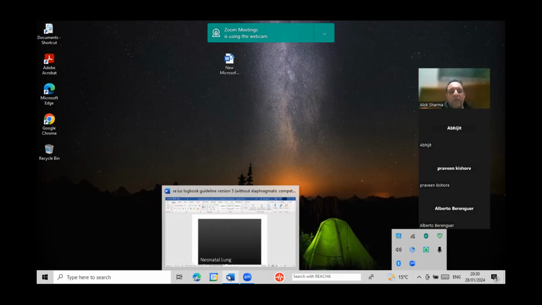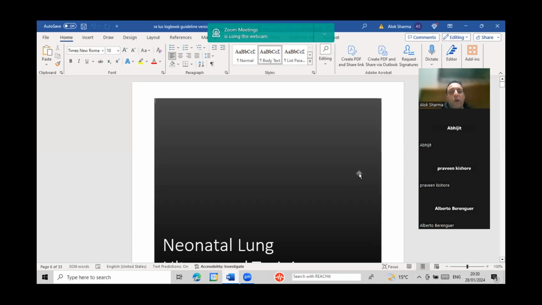But just while I'm on that, can you see the logbook? Can everybody see the logbook? Yes. Excellent. So each of your personal folders has a logbook like this. Now, you also have a logbook that's emailed to you. My advice would be that you can either use the logbook in the Dropbox folder as is